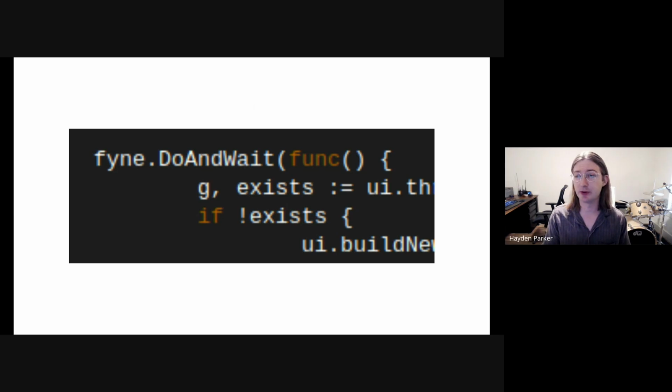And both of those are calls that need to be wrapped in Fyne.do. But the second one depends on the first one. And I'd have to change my API around a lot between the user interface code and the actual chat code to be able to do those at the same time. So there have been a lot of places where do and wait has come in handy,